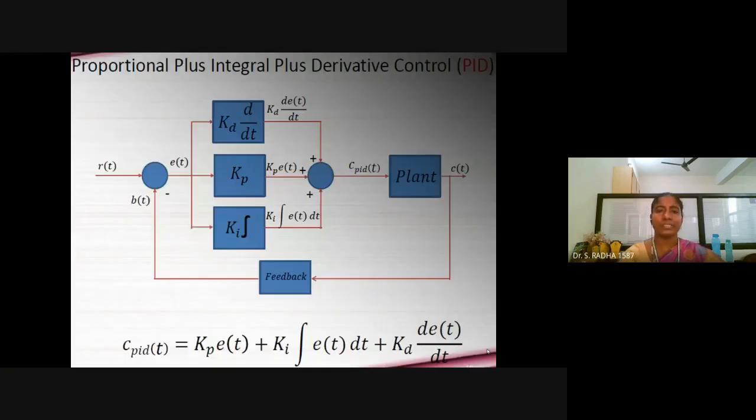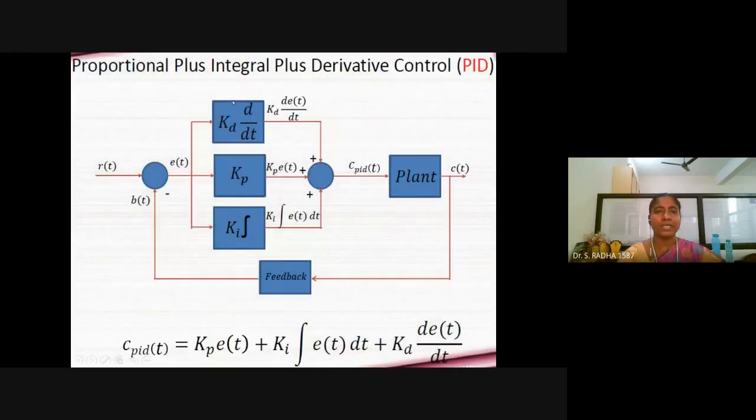The combined effects, combined advantages of PI and PD controller can be attained. When we include a PID controller in a system, we will have the combined advantages of PI controller and PD controller together. I told you there will be three terms when a PID controller is used. The first term is proportional, second is integration, third is derivative. And when we have addition, the blocks should be kept in parallel. So these three blocks are kept in parallel.